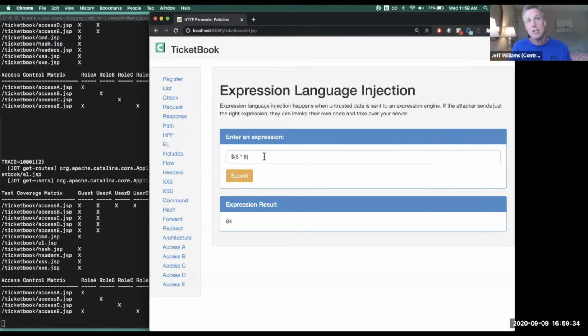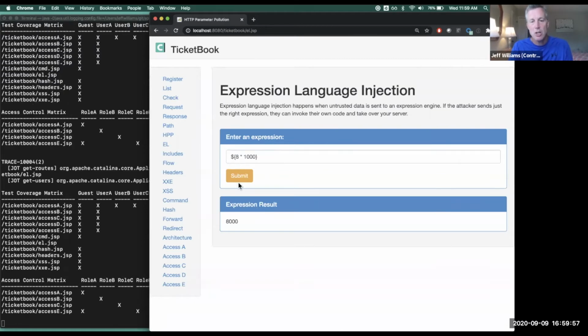And in the Equifax case, there was a header that came in that, when processed, if it generated an error, the error page would actually evaluate any expressions that were in that data. Just through a complicated chain of events, that expression got evaluated. So in this page, we've got an expression that we can evaluate. And if I put in 1,000, you can see the expression being evaluated down here.